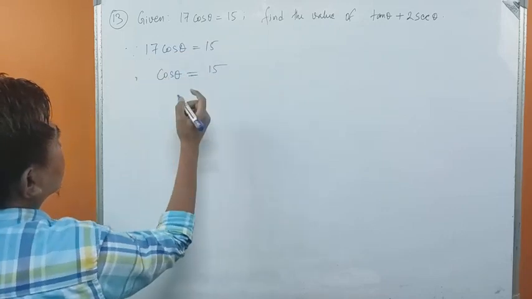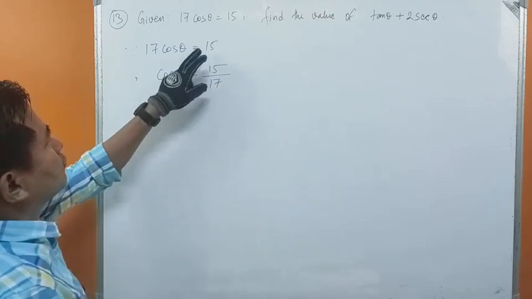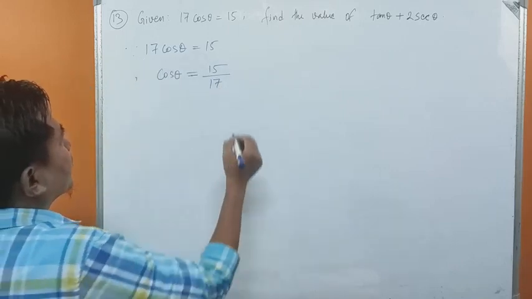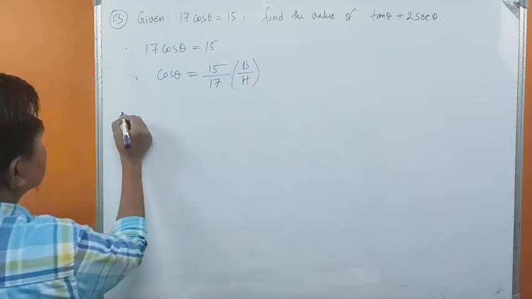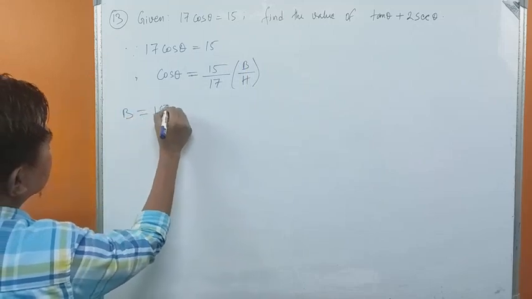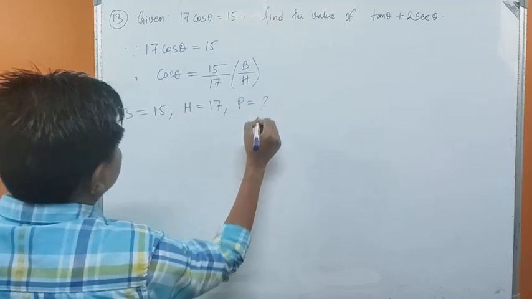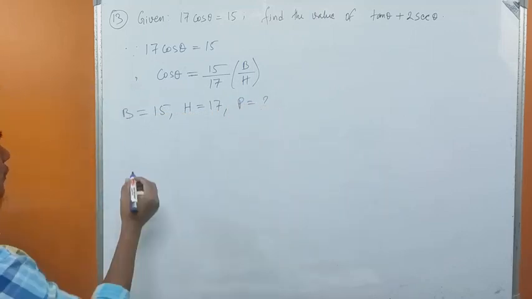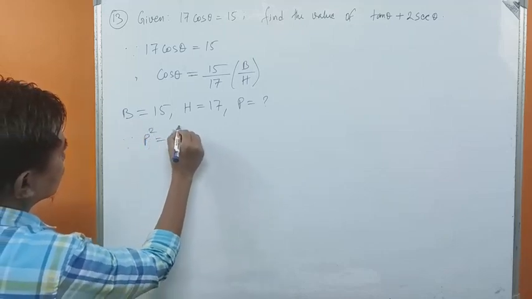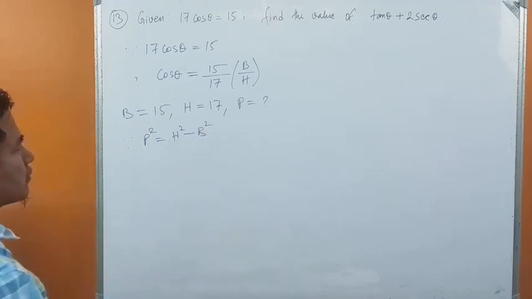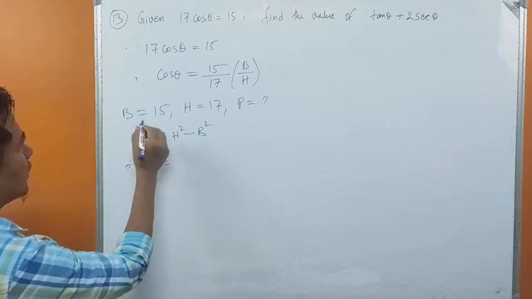Let us take this 17 to the right hand side. It goes to the denominator by cross multiplication, isn't it? So cos theta equals 15 upon 17 goes here. Now cos theta is base upon hypotenuse. So we have base equals 15, hypotenuse equals 17, and perpendicular is unknown to us, isn't it? Applying Pythagoras theorem, since p square equals h square minus b square. What is p? P is unknown to us. What is h? H is 17